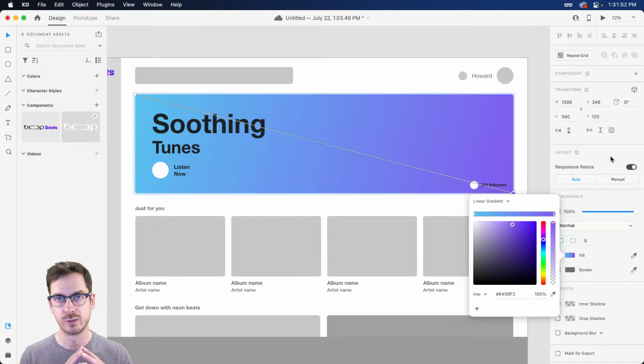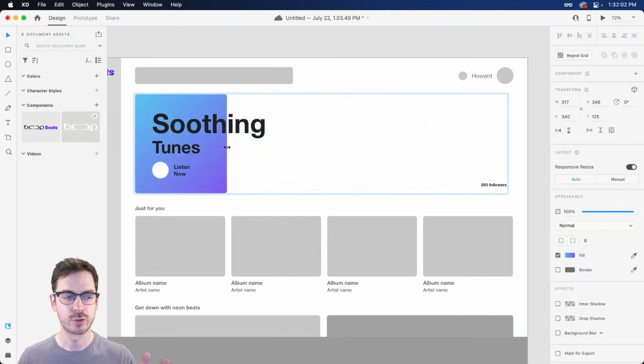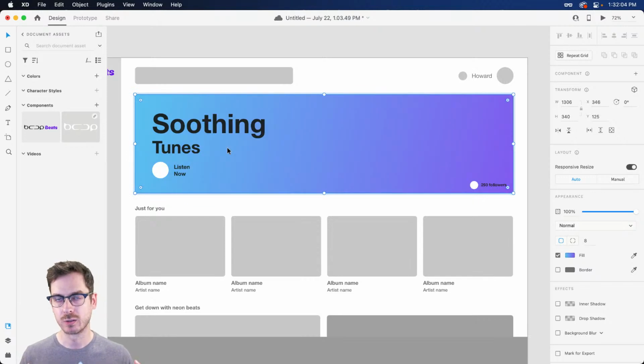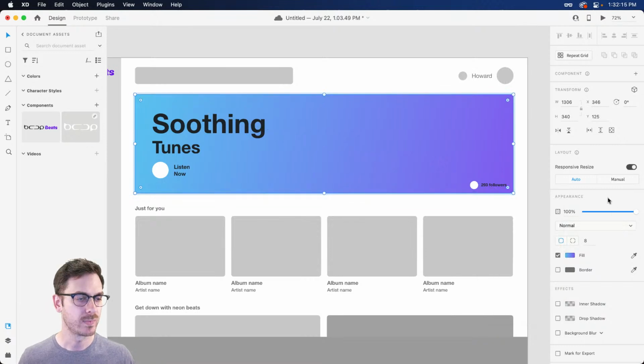Now, because we're working with a larger and elongated rectangle, we have a little bit more flexibility, right? If I were to shrink this, it still doesn't look too bad, but if you're working with a smaller object, you don't have as much room for that gradient to blend. So I think something like this could potentially work, and we're going to add a texture on top of it. So it might help blend it in a little bit more.